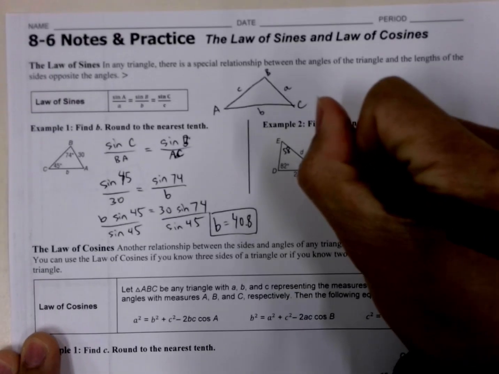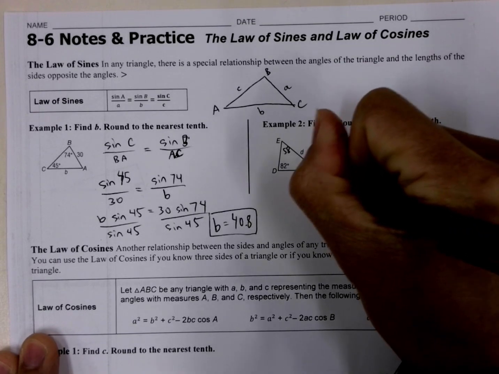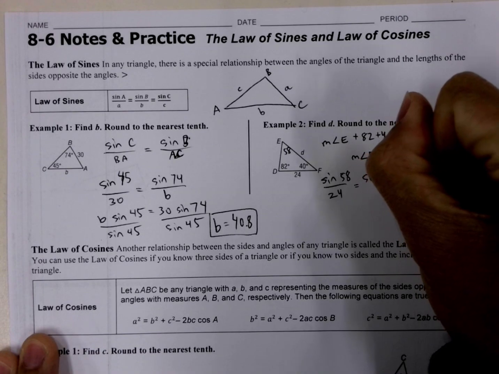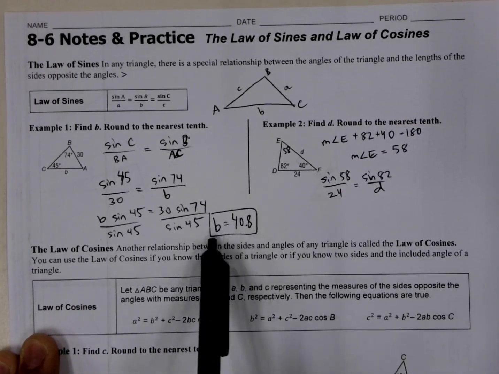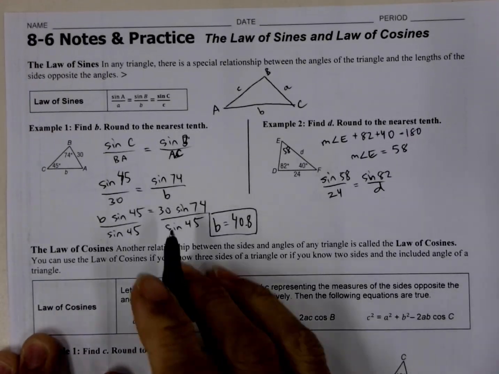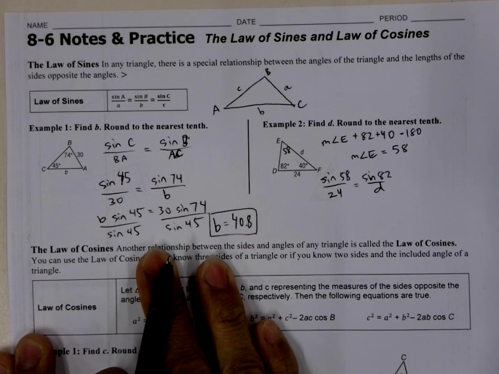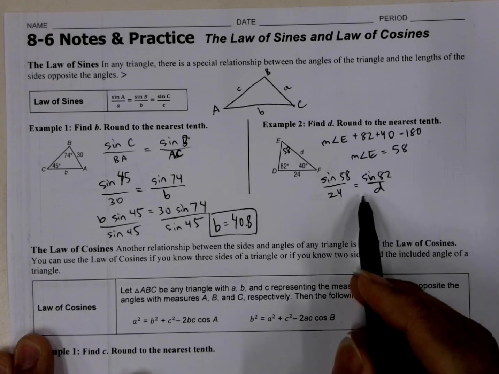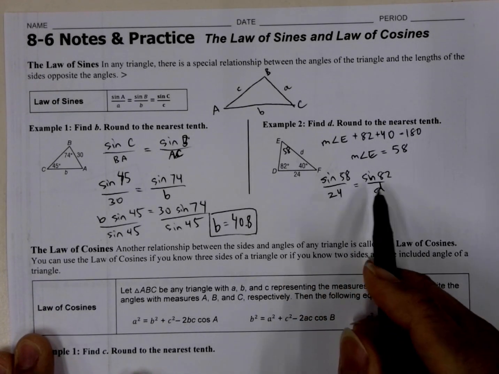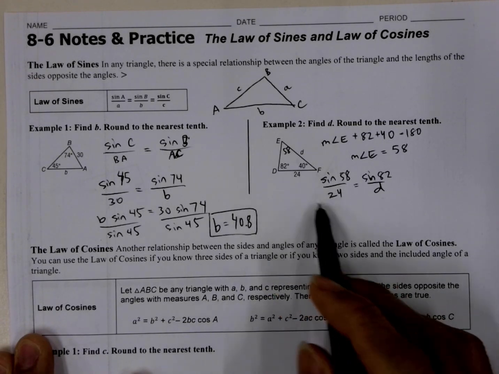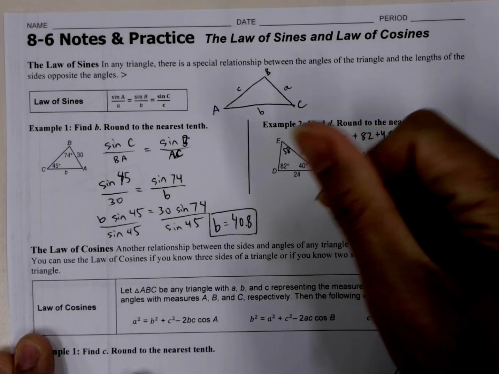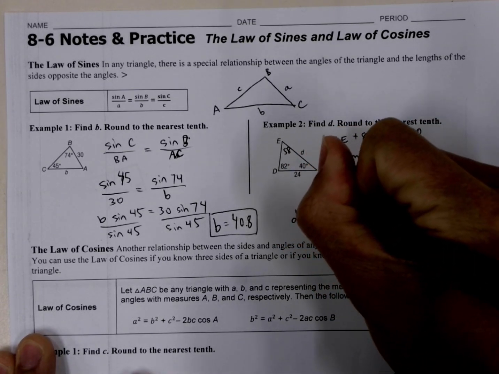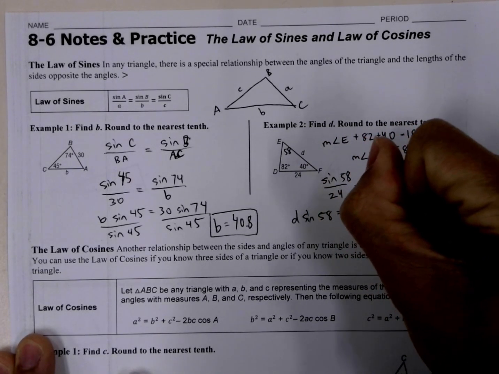So it's going to go sine of 58 over 24 is equal to the sine of 82 over d, and then we're going to use the same procedure as we did on example number 1, where we're going to multiply both sides by d, canceling out the d's on the right side of the equation, and then we're going to multiply both sides by 24, canceling out the 24s on the left side of the equation, and that's going to leave us with d times sine of 58 is equal to 24 times the